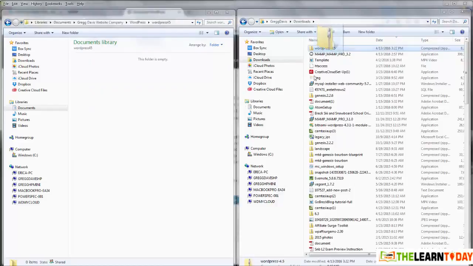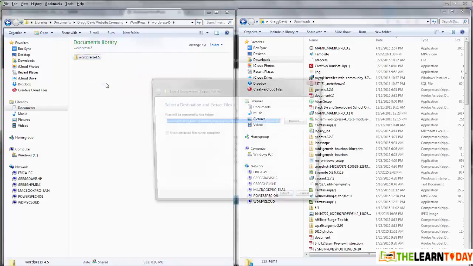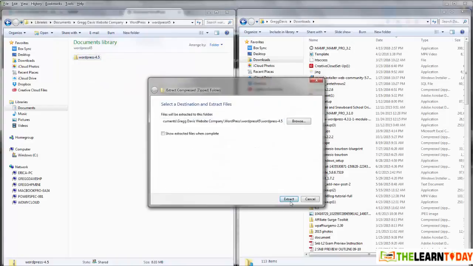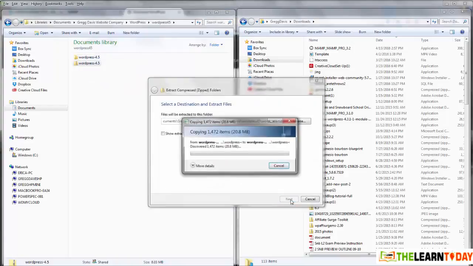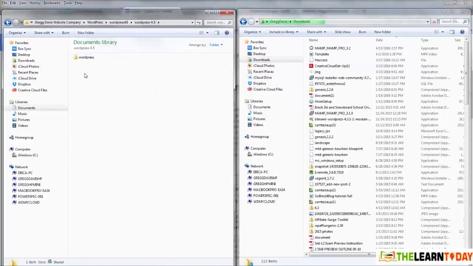Here it is. Now, if I right click in Windows and click Extract All, I can unzip the zip file. Pause the video while that happens. There we go. Now I've got a folder that contains another folder called WordPress,